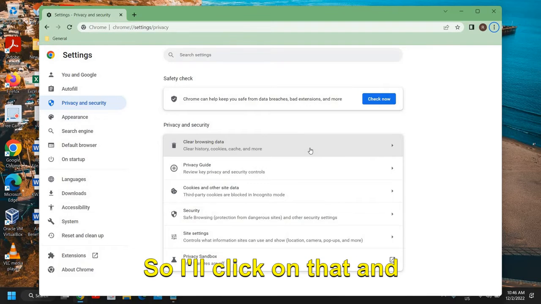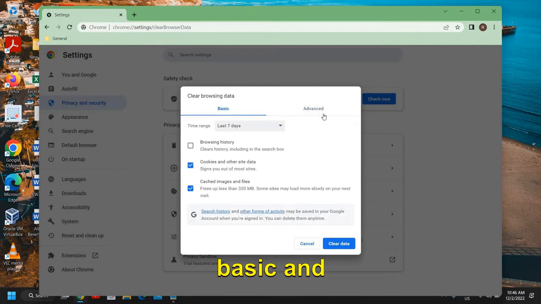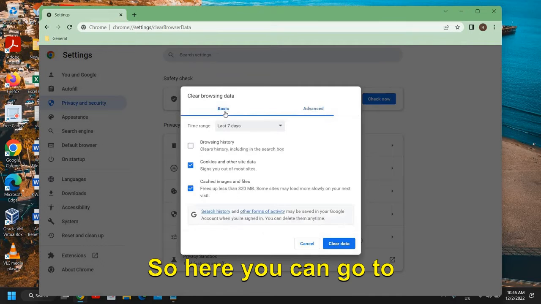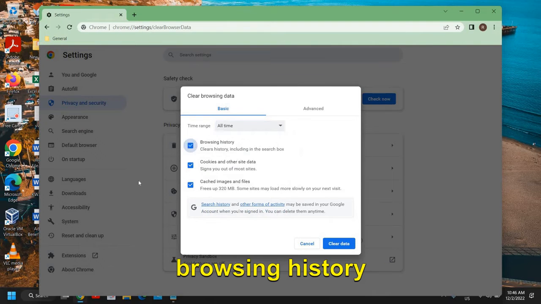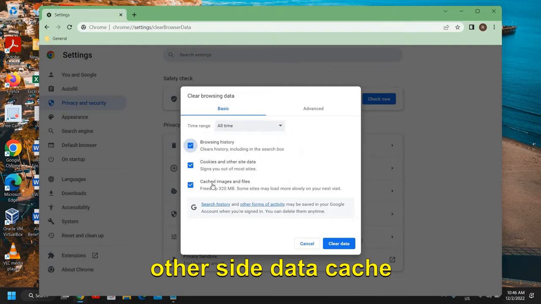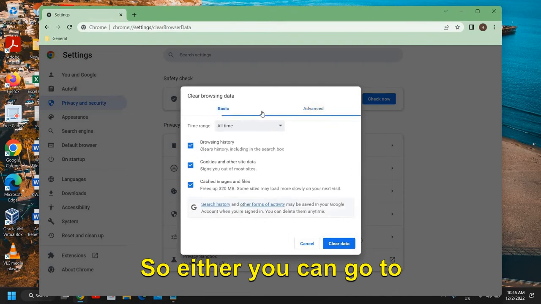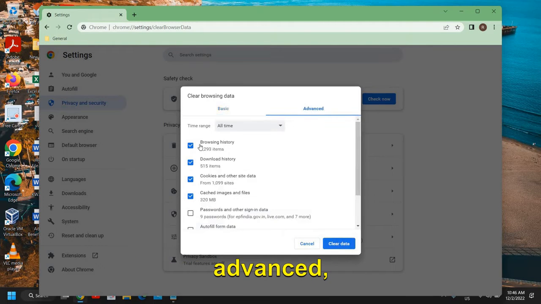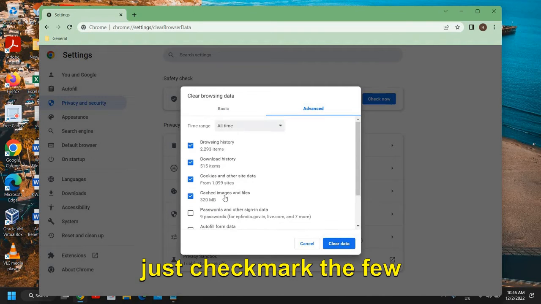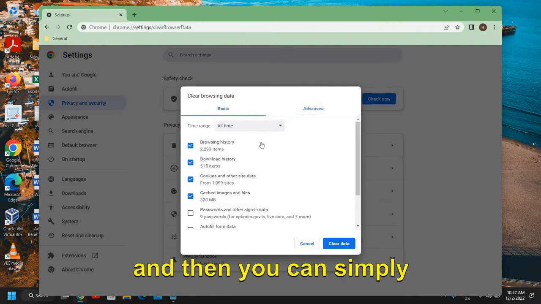So I'll click on that, and the moment I click on that, we will get Basic and Advanced. Here you can simply go to Basic, choose All time, and select browsing history, cookies and other site data, and cached images. All these are junk, which you can also get from your Advanced section. So either you can go to Basic, do the check mark and clear data, or you can go to Advanced, just check mark the few things which you need, leave the other things as they are,